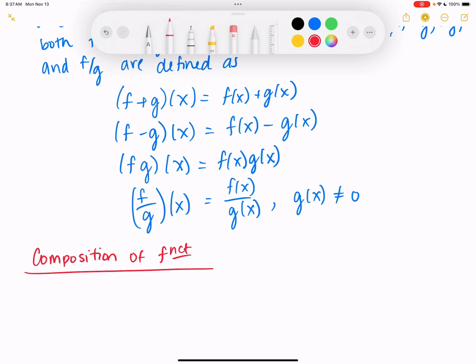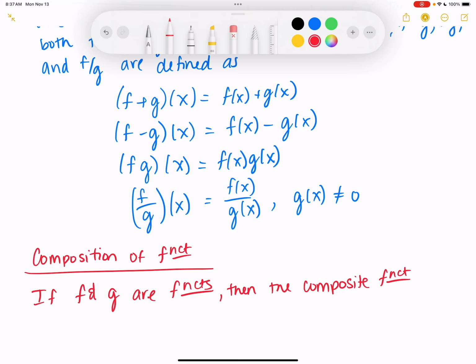And so if f and g are functions, then the composite function or composition of f and g is defined by